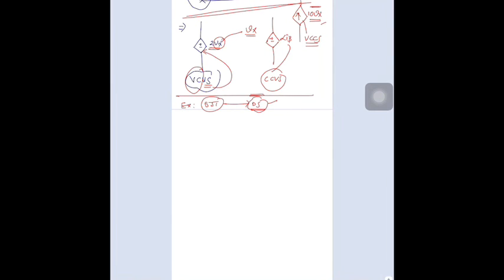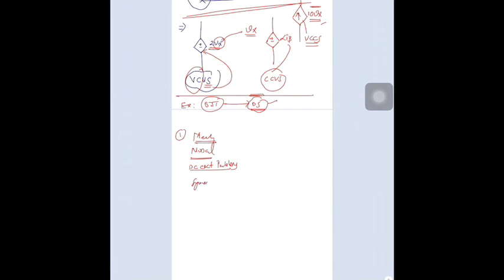One more thing. In the next lecture we'll deal with mesh, nodal and DC circuit problems,